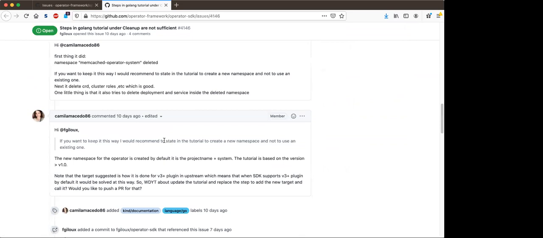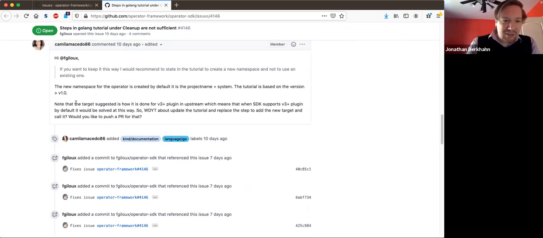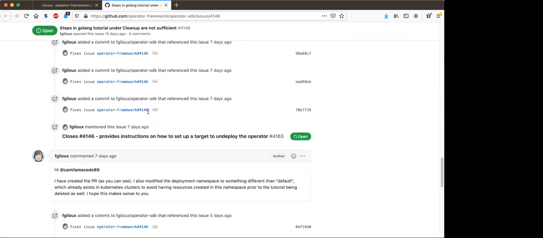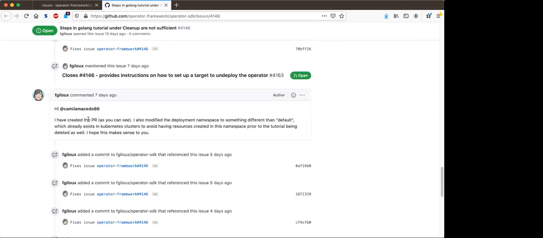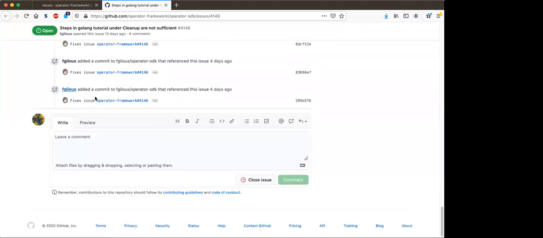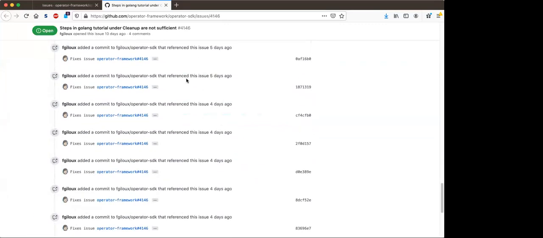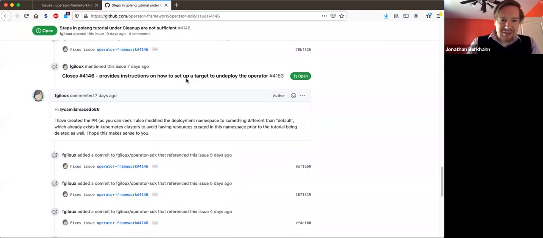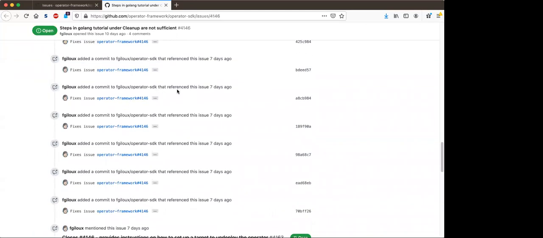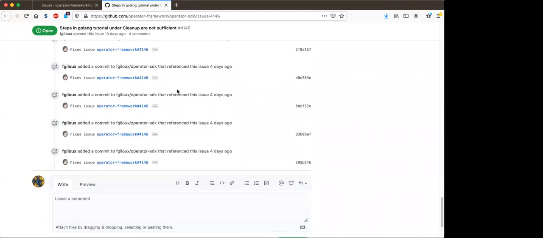No? Okay, I must be misremembering. The tutorial, I believe that it uses the full namespace. If you click on the pull request, the pull request is, yes. So if you check the files of the pull request, sorry, which one's the pull request? Is that one that has the open stuff? Go down, go down, go up.